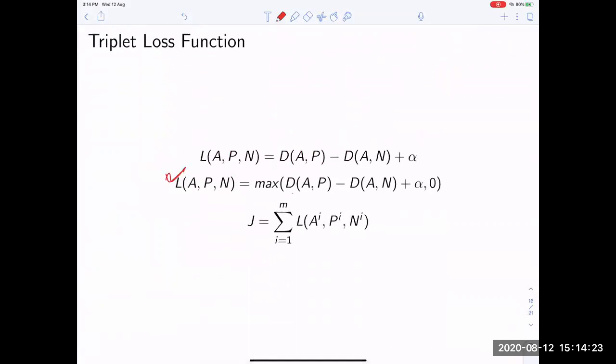What is it? This and this. It's a social distancing loss, you can say. What do you want to make? I want to make sure that the distance between this guy and this guy is at least this much. The distance between this and this should be at least this much. How can you manage this? You can write it in the form of this thing. That is my triplet loss.